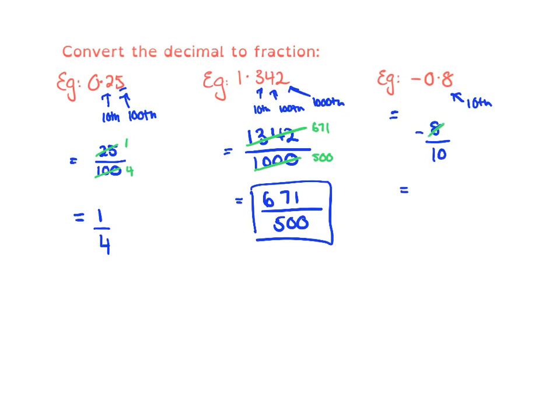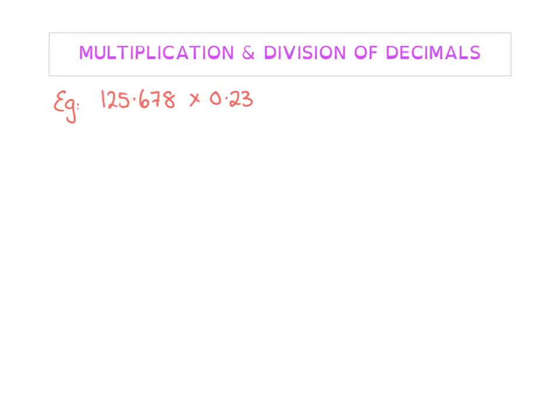So 2 goes into 8 4, and 2 goes into 10 5 times, so I get negative 4/5 is my answer. Okay, we're going to look at multiplying decimals here